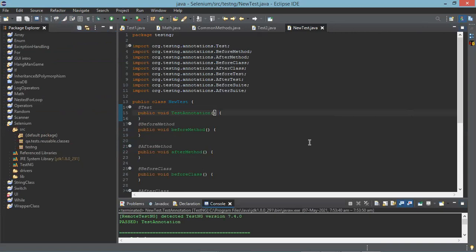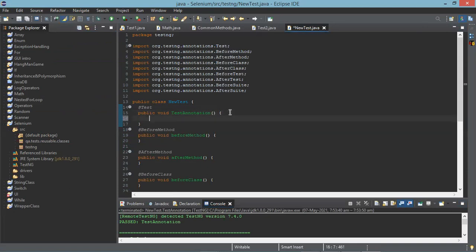Now go to your test and write a sysout in each of the methods. Sysout, what is the method? It is a test annotation, in double quotes, "test of input". In the same way for all the methods, copy that line and just change the annotation alone.